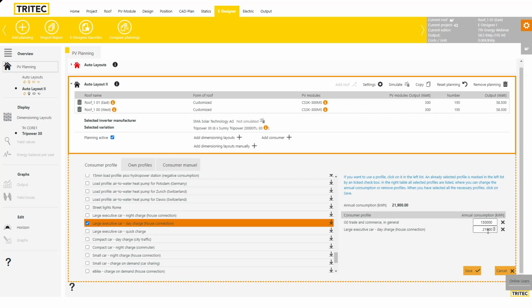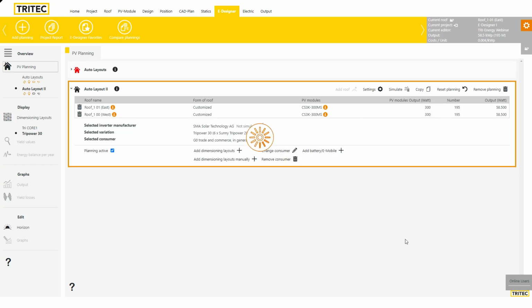So these are predefined values. You could change them at any time. So you could combine consumption profiles if you want to. In our case, we just would like to work with one. So now I have this consumption profile here, and I could add some